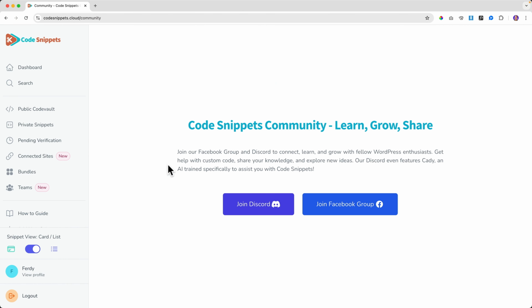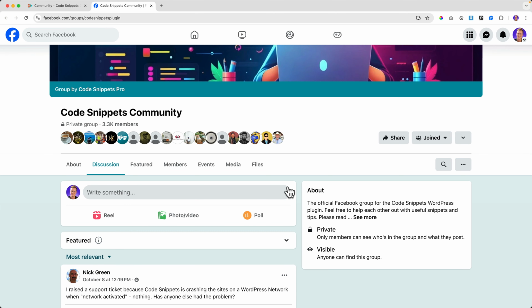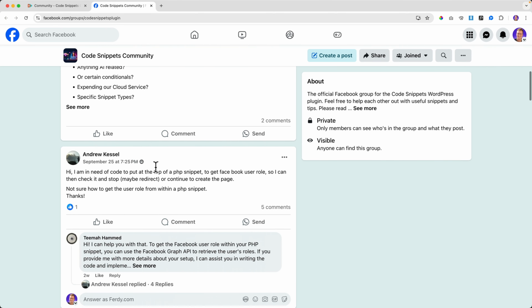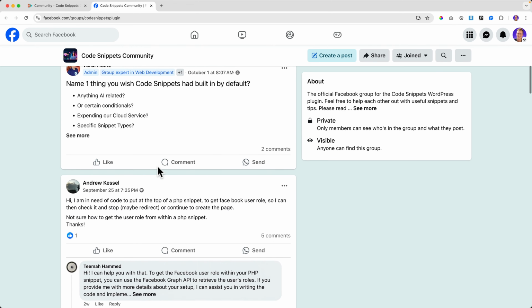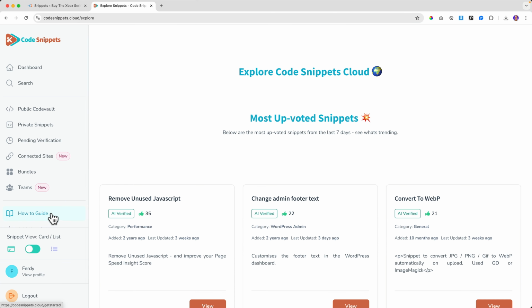Did you know that there is a Code Snippets community, where you can share code snippets, where you can become popular, where you can be heard, where you can be loved, where you can connect with other people that are like-minded, that are also using code snippets? Let me talk a little bit about that. You can be part of the community by clicking here. You can join Discord or join the Facebook group or both. And there you can learn from others. People ask questions, people get answers, and so you can learn more about code snippets and be part of this amazing community.